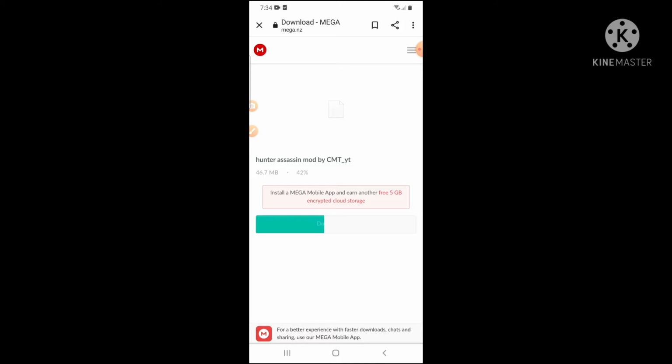So guys, I'm not going to pause anywhere because I want to show you the proof. As you know, I will show you the proof in every video. Here you can see it will download faster. Guys, please avoid the background voices because I came to my relative's house. In India it's the festival season.